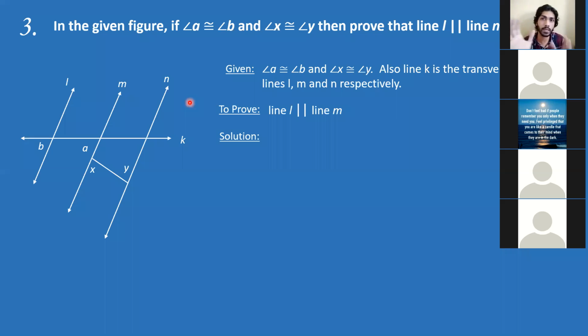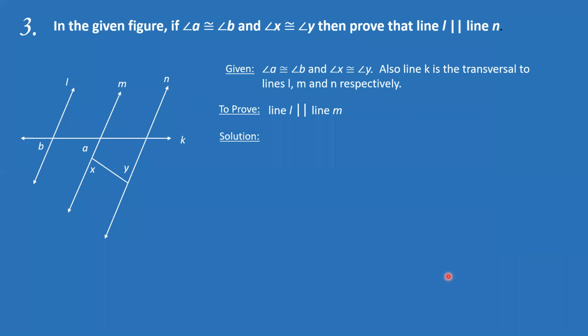Just because it seems parallel, it is not. If it's given in the problem statement, then fine, it is parallel. But it is not given over here, so I don't know if they are. So I'll prove it. If you understood what I just said, put yes or give me a thumbs up. This is a very important part, because students make a lot of mistakes in it. They say, "Bhaiya, it looks parallel, so that is assumed parallel." No, we don't do it like that.